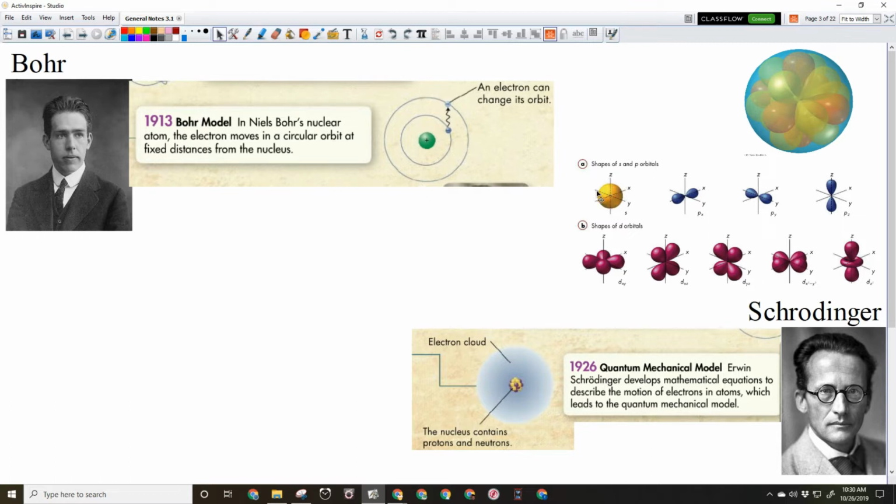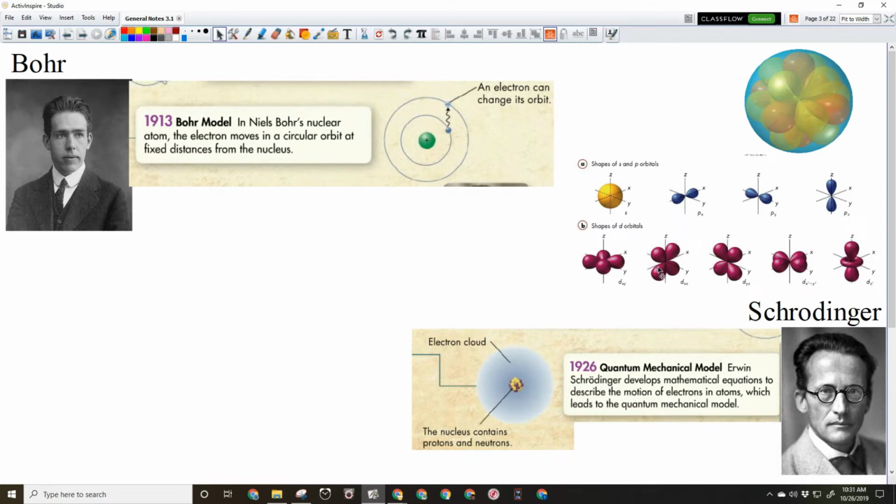The s orbital, the lowest energy orbital, is spherical. And then you have your p orbitals, which look like a bow tie, or two balloons tied end on end. And they exist on the x, the y, and the z axis. And then you have a much more complicated orbital called the d orbital. These are like 4 balloons tied together. And here you have 2 configurations on the x-axis. This one sits in line with the y. And then on this one, which is off-centered from the y. And then you have 2 that are on the z-axis,